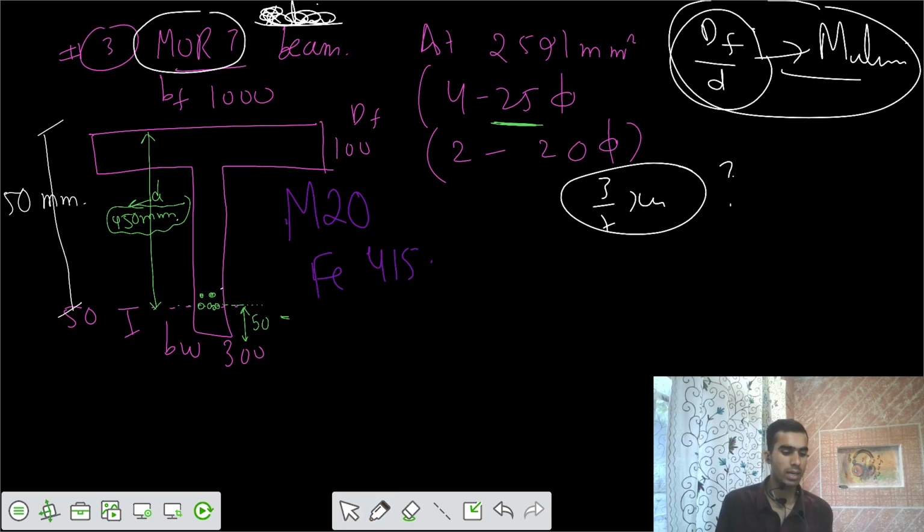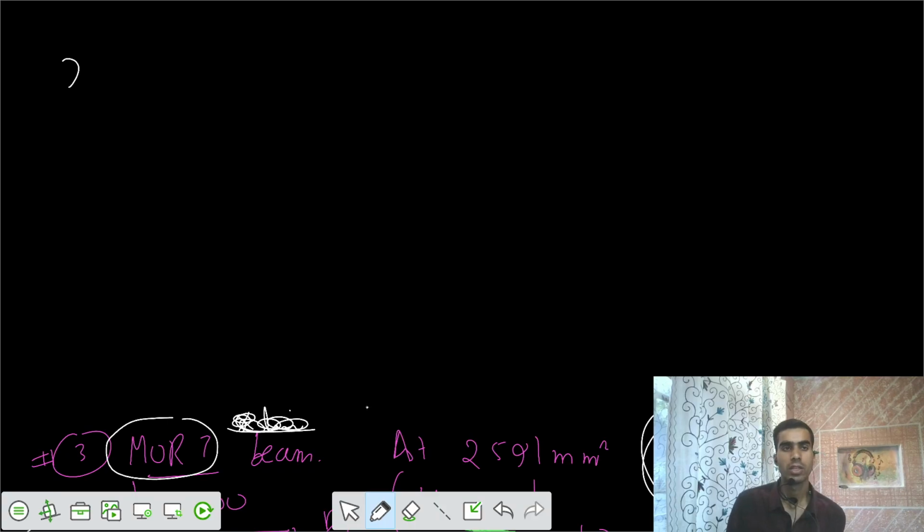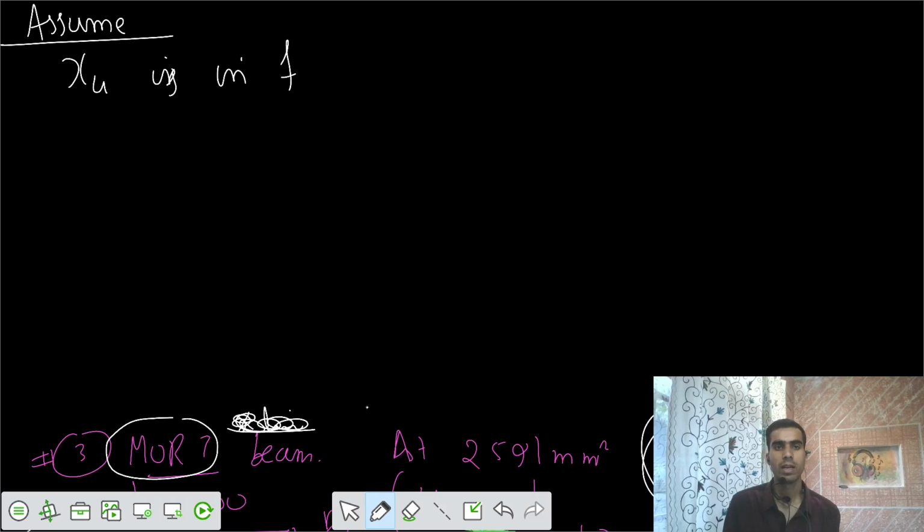So let's assume that the neutral axis is in the flange. So this is the assumption. The start of the solution is to assume xu is in the flange, because we don't know where the neutral axis is. So if I assume that the neutral axis is in the flange, then I can say